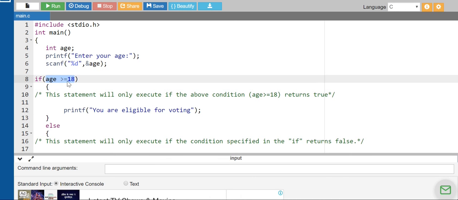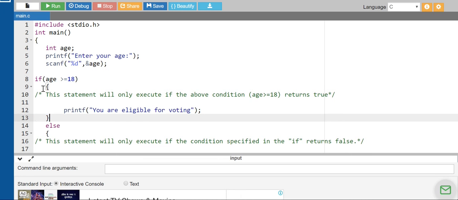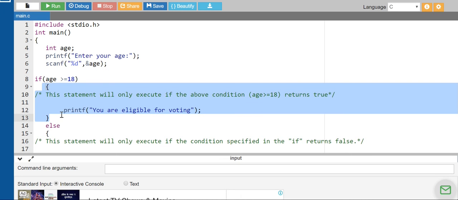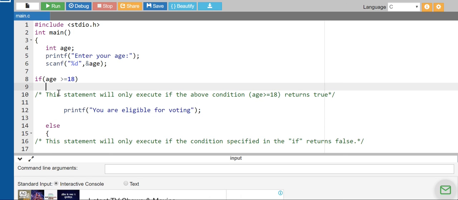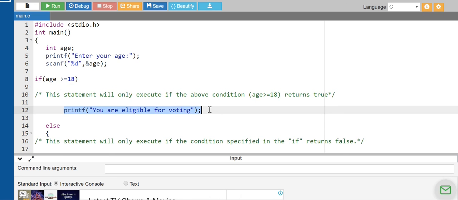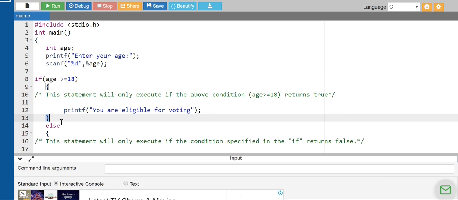If this condition is true, then this statement will be executed. Now here we are using curly braces. If it is a single statement, there is no need to use them. If there are multiple statements, then you need to use this pair of curly braces.